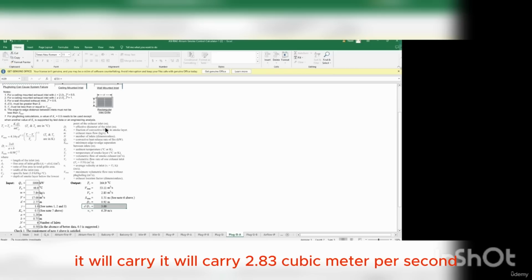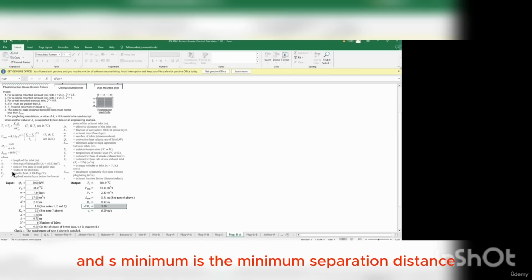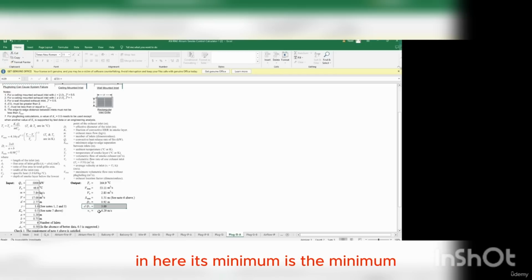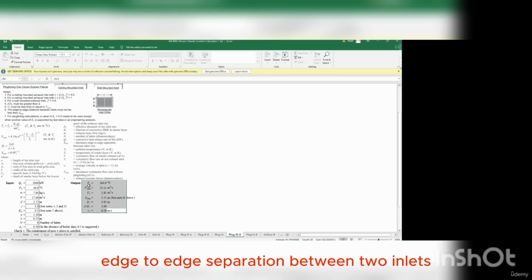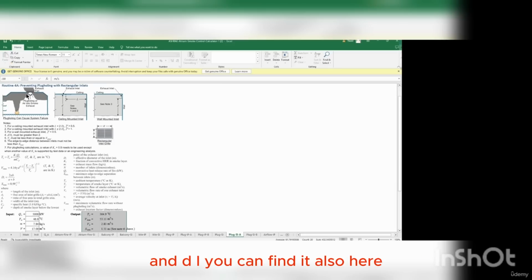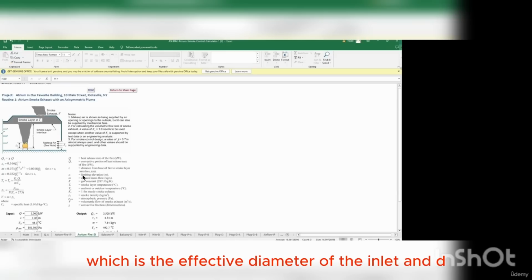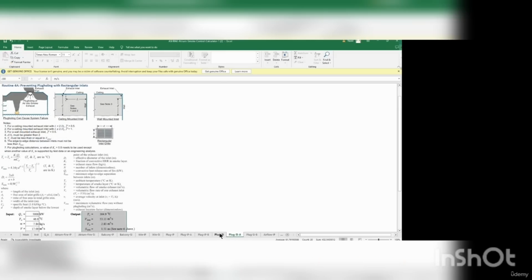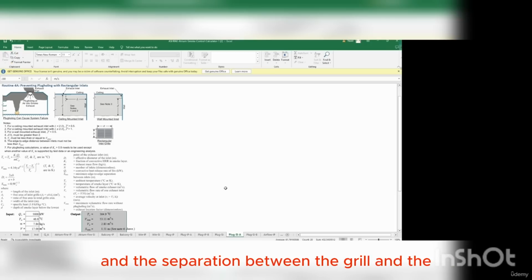So this will be for a single grill. It will carry 2.83 cubic meters per second. S minimum is the minimum separation distance. You can find it also here. S minimum is the minimum edge to edge separation between two inlets. And DI, you can find it also here, is the effective diameter of the inlet. And D divided over DI, where DI is the effective diameter of the inlet, and D is the depth of the smoke layer below the lowest point. So these are the dimension related data that you should follow to prevent plugholing. It will give you the spacing between each two grills and the separation between the grill and the